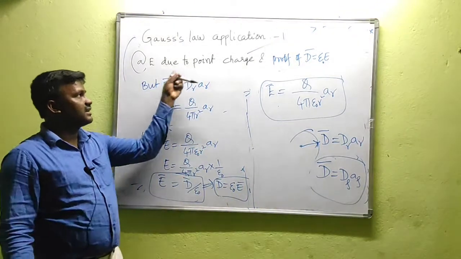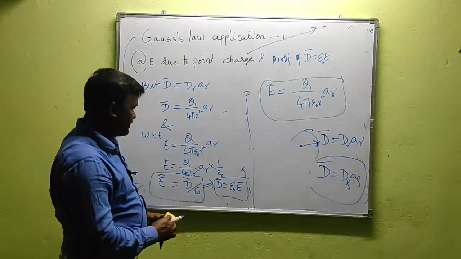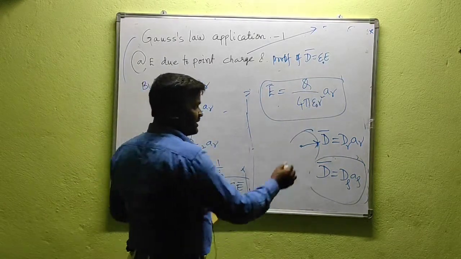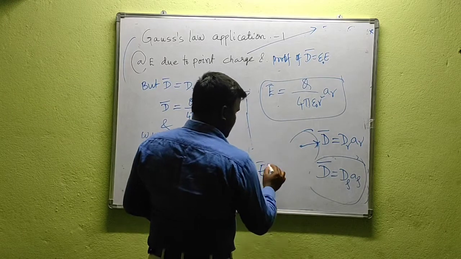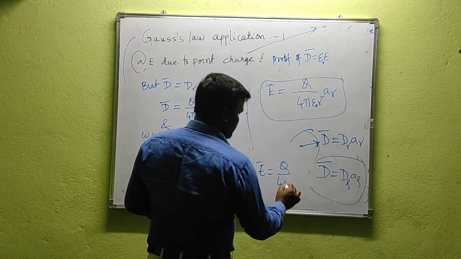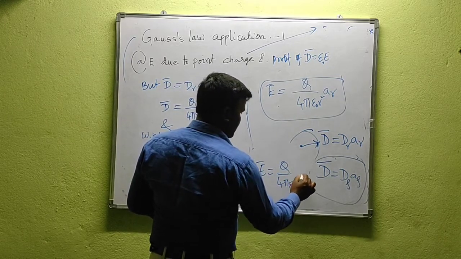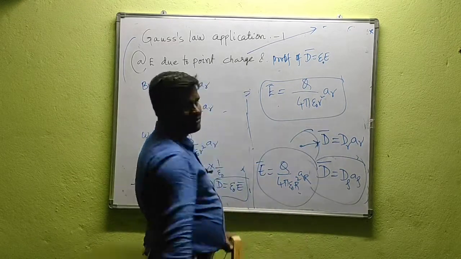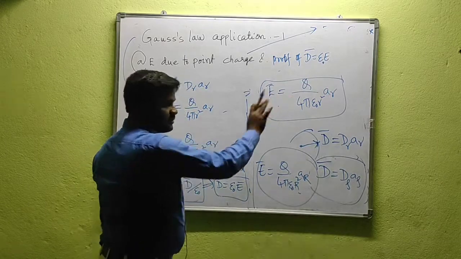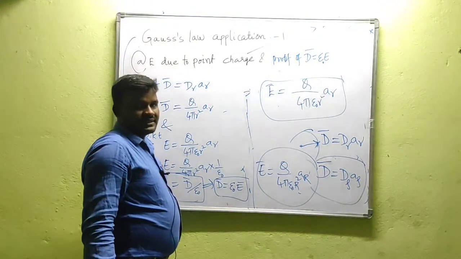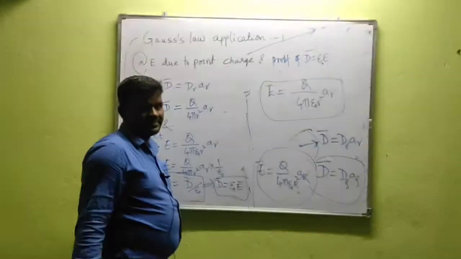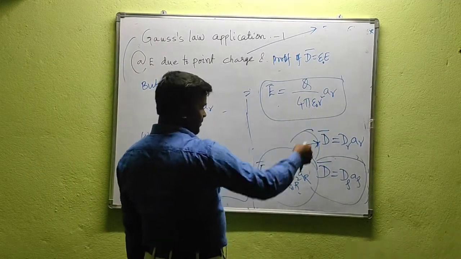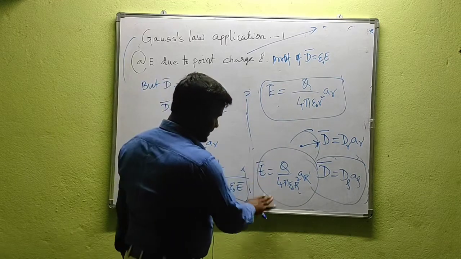So this is about the application of Gauss law. What is the application? Electric field intensity due to a point charge, that is E equals q by 4 pi epsilon naught r square AR. Basically, we consider the electric field intensity due to a point charge as q by 4 pi epsilon naught r square AR. Here I consider r as capital R, here it is small r. That is the difference, small r and capital R. If I take capital R instead of small r, I will get this E expression like this one.